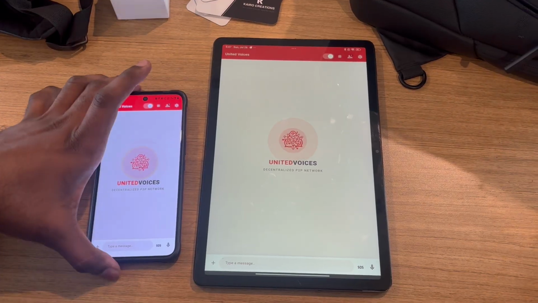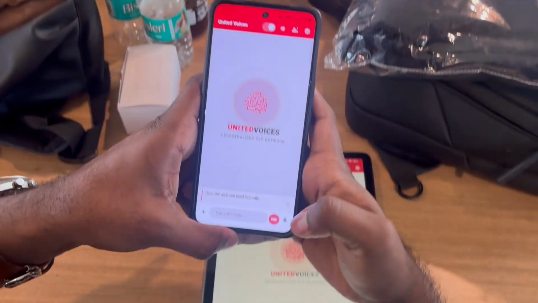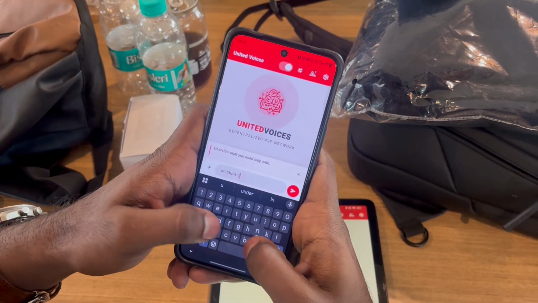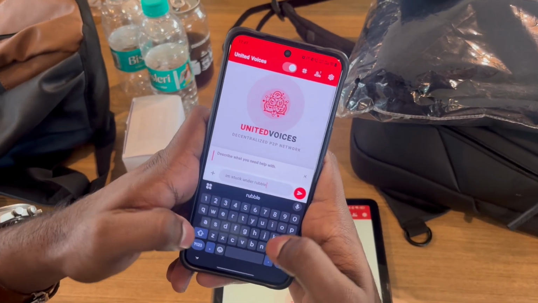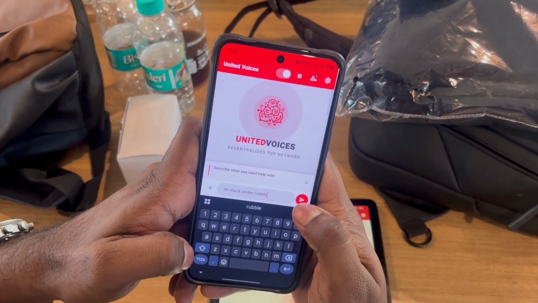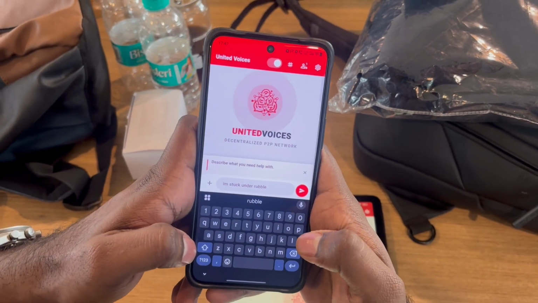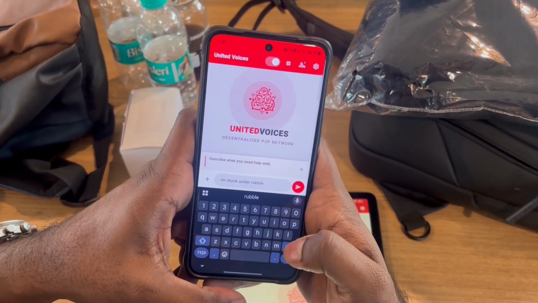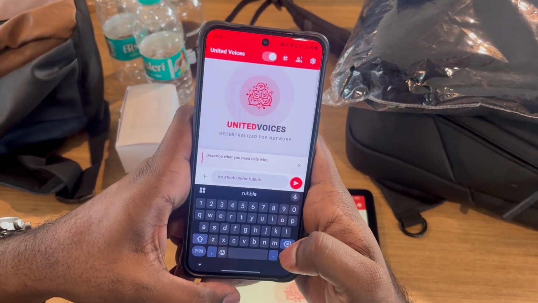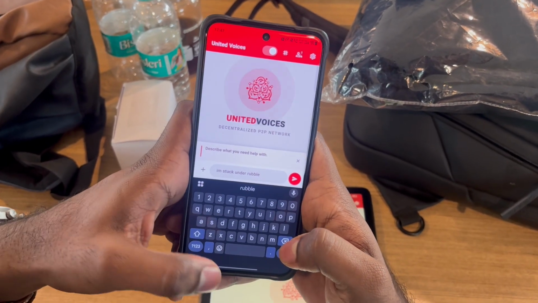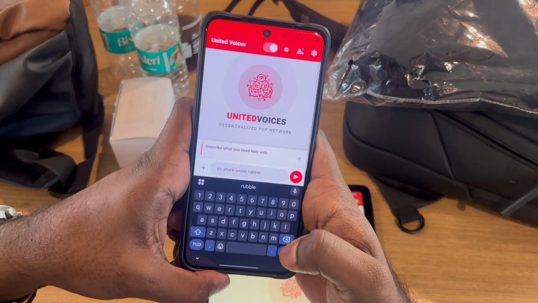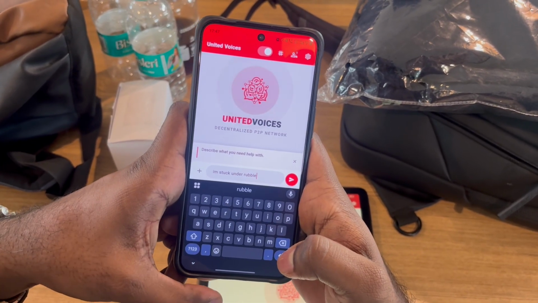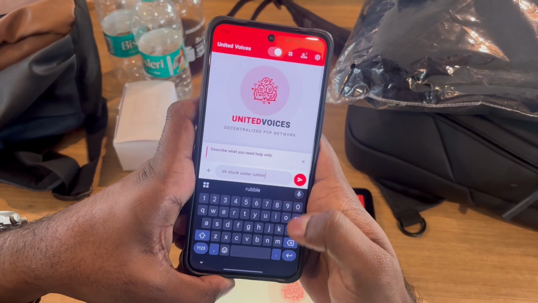So I'll click on SOS here and say I'm stuck under rubble. As soon as I click send, the edge AI node living inside this phone will figure out the intent behind this natural language, and then figure out who is the responsible person to query, the first responder to fulfill this request.